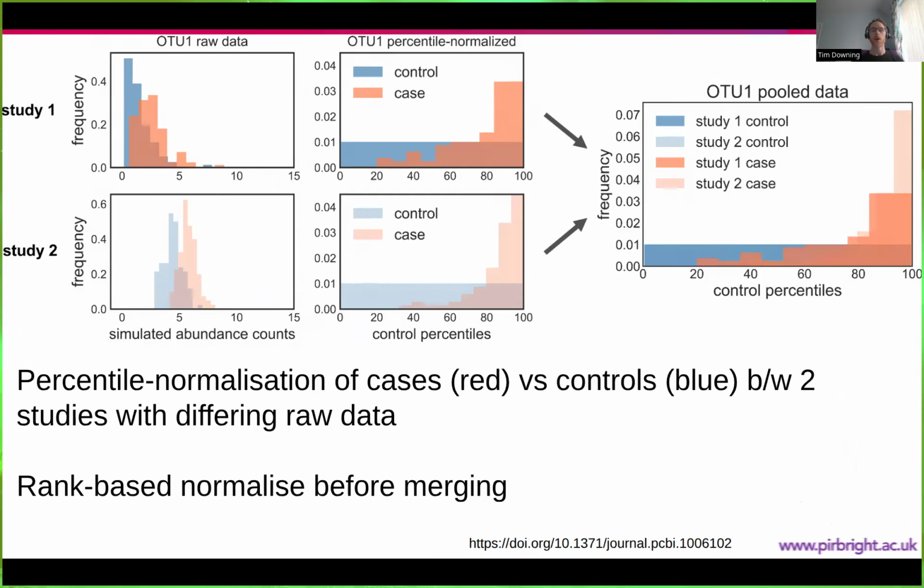So what we can think of is that we have two distributions here from study one, where we have the cases in orange and the controls in blue. They have particular distributions where we can see more or less that for this particular taxon, the case level of it is higher. But the medians and variances for each dataset are somewhat different, and therefore we need to put the cases